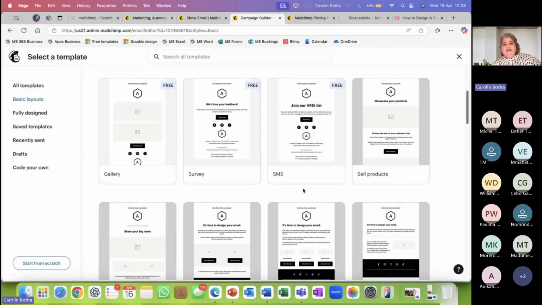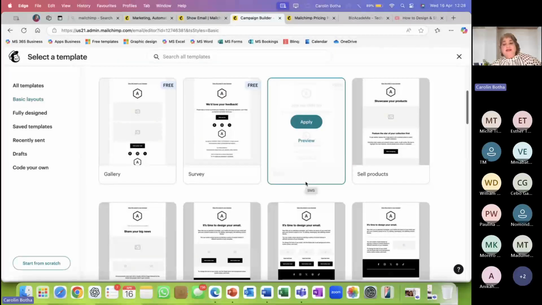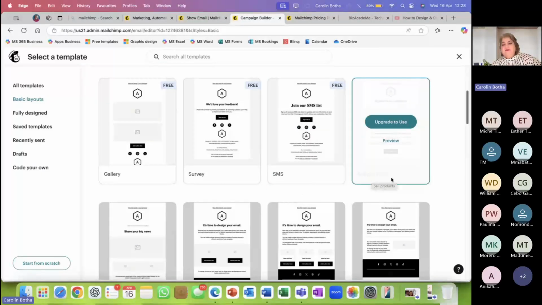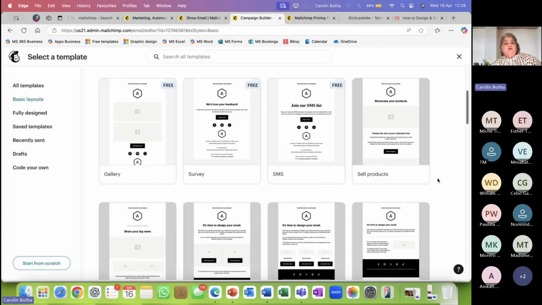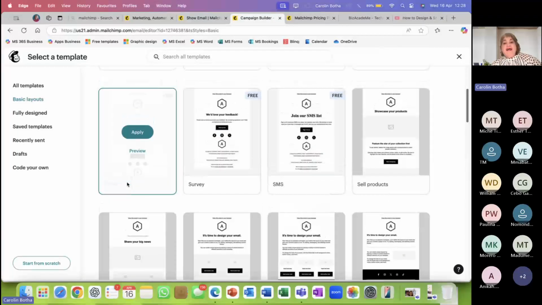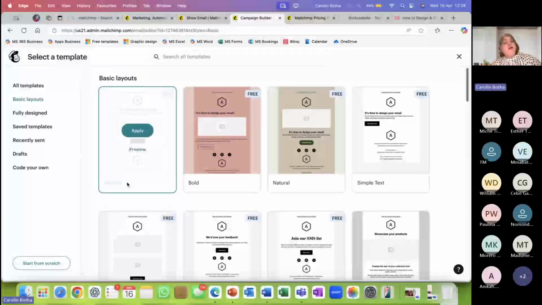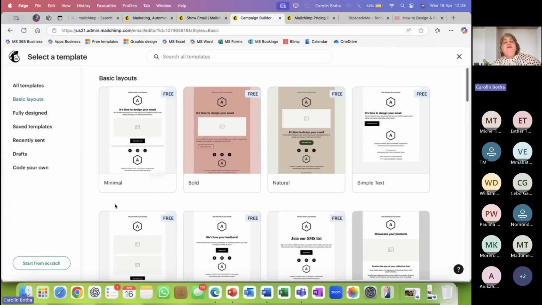This one is an SMS type of message that you want to send out. Here you want to sell some products, but that is not for free. This is mainly a gallery of pictures, maybe new products that you want to introduce. And this is a minimalistic option. So let's choose that.